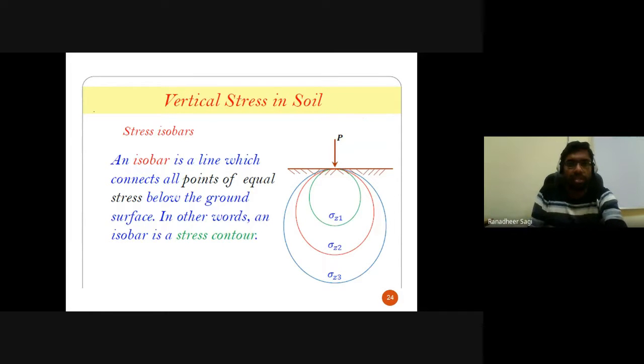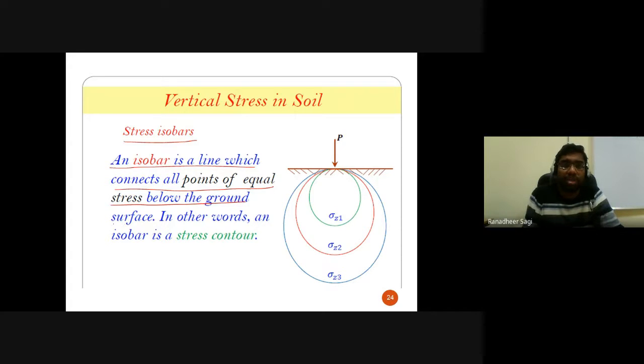Coming to the third one, the other pressure distribution diagram which I said we'll be talking about, we call it your stress isobar. As I already mentioned, an isobar is a line which connects all points of equal stress below the ground surface. In other words, an isobar is also called your stress contour. So at different points below the ground, the point here, point here, point here, you had the same intensity of stress. All those points we try to join, and the